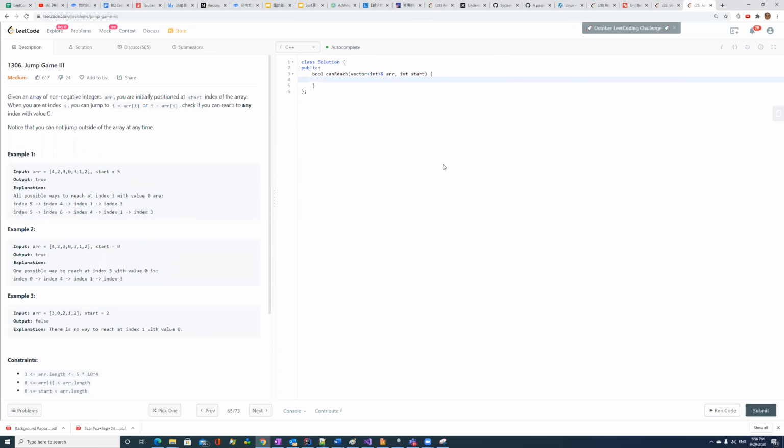Right now, I continue the jump game series. Today, I want to solve the Jump Game 3 problem. For this problem, its description is: